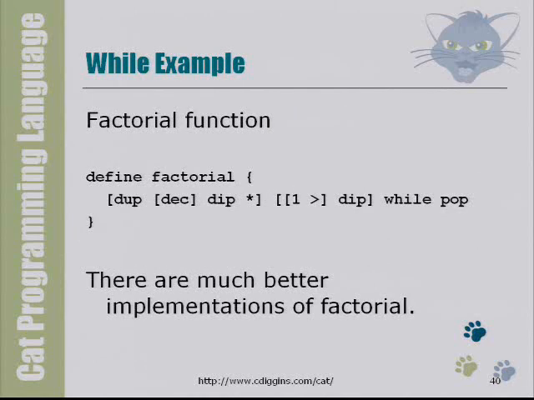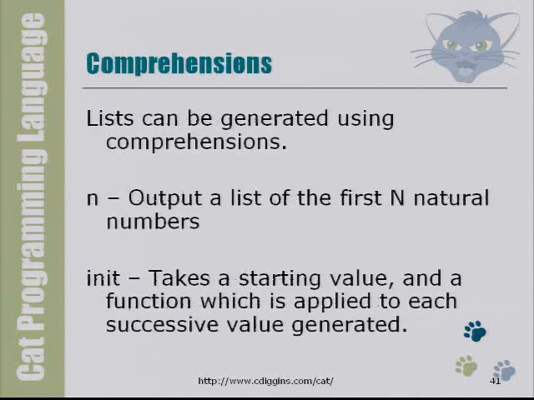So here's an example of using the while function in CAT to produce a factorial. This is rather nasty. And I'm not actually going to even bother explaining what all of this means, because first I'd have to tell you what dip does. And, well, dec is obviously subtract 1. But understanding that is a real brain teaser, the first couple of times I wrote it, I was wrong. And this is probably still wrong, too, because there's better ways to do it.